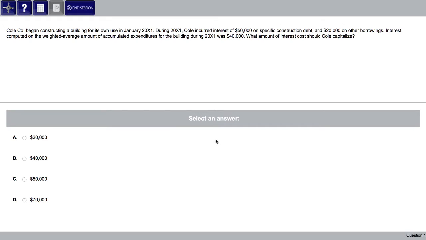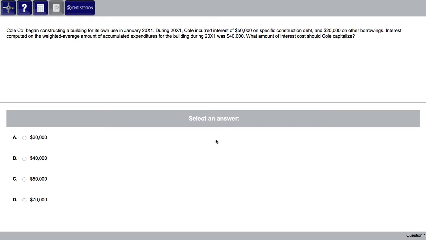Coal company began constructing a building for its own use in year one. During year one, coal incurred interest of $50,000 on specific construction debt and $20,000 on other borrowings. So they're building a building, and they had $50,000 of interest on their construction debt, and they had $20,000 of interest on other random